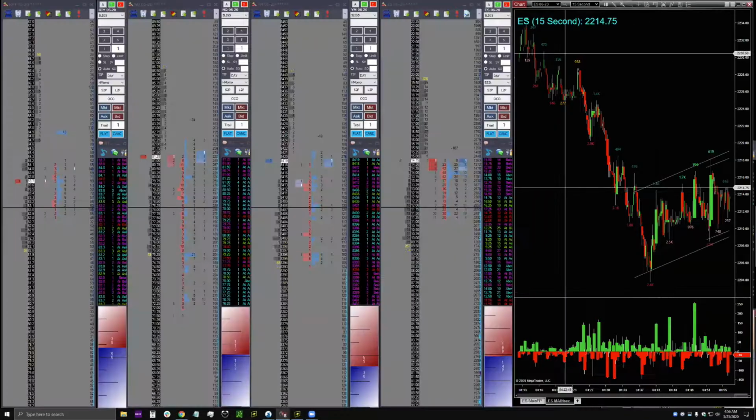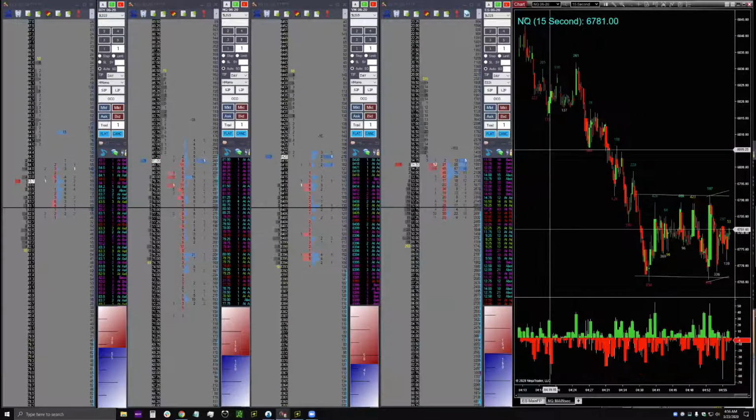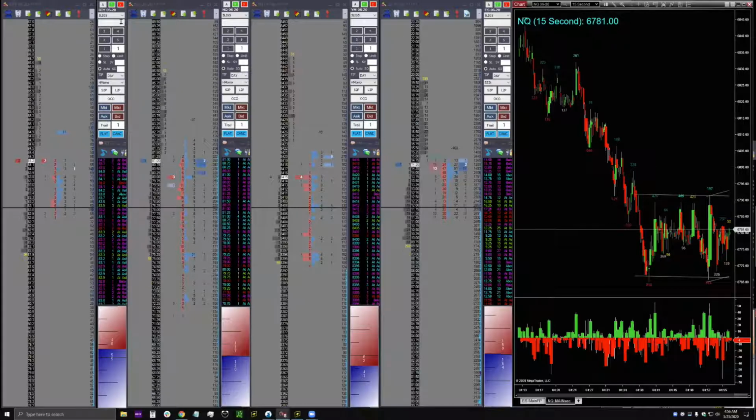Here's how the cut and reverse drill works for me, and there's a couple of different approaches to this one. This works only really well when we're moving. So I'm going to kind of exaggerate it here, maybe on NQ, but the idea of the cut and reverse is that you always have to be in the market. So you either have to be long or short all the time. So you're constantly having to evaluate which way you should be. And that's a really crazy drill to do. It's both my favorite and my least favorite. So let's try to do it with NQ.